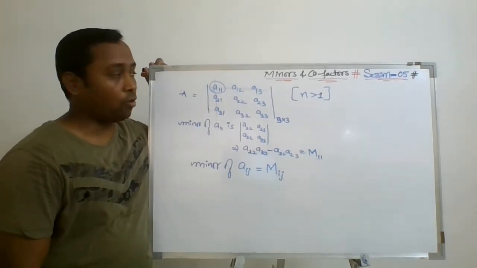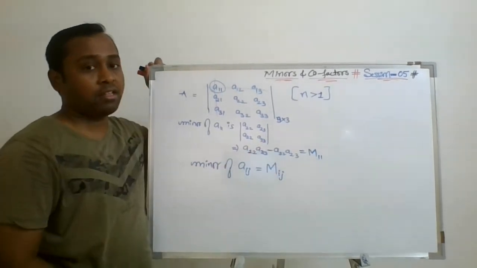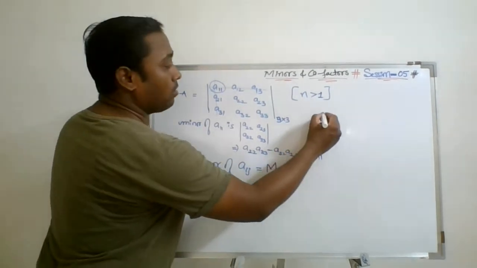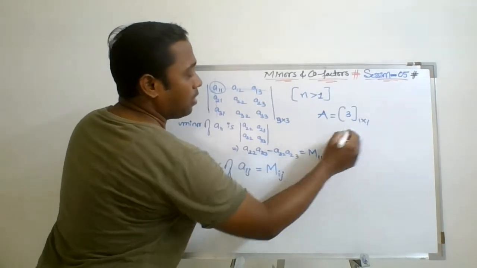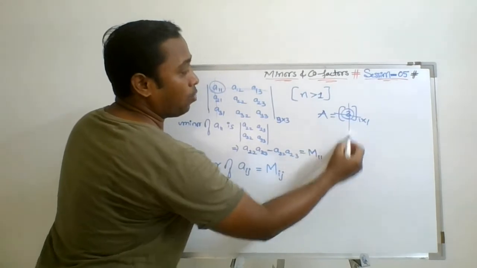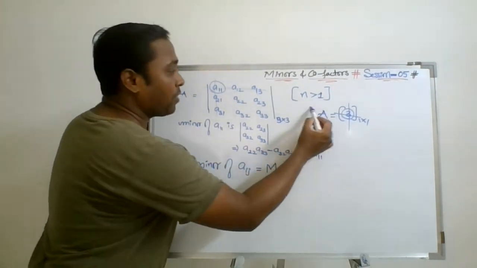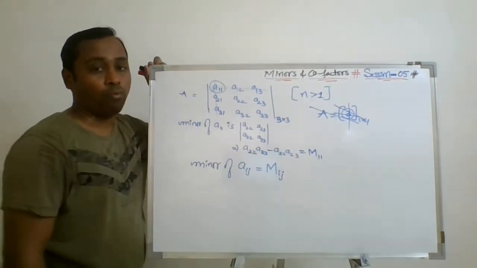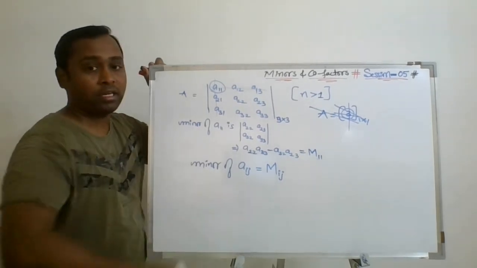It's conditionally followed, and you know why it is necessary. Otherwise, if you are eliminating the row and column, what is left? If I take a matrix of order 1 by 1 and want to find the minor of this element, and I eliminate the row and column, what is left? Nothing. It's meaningless. That is why the order of a square matrix must be greater than 1 to define minor and cofactor. Now coming to the point, cofactor.